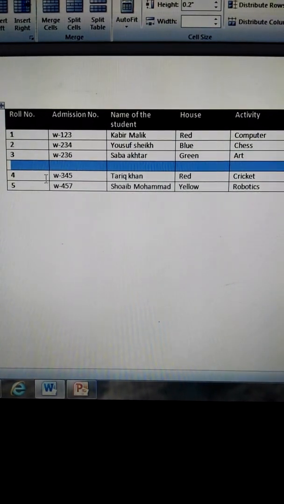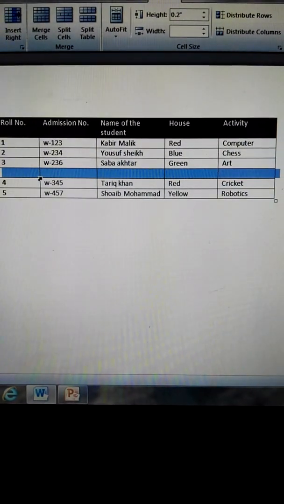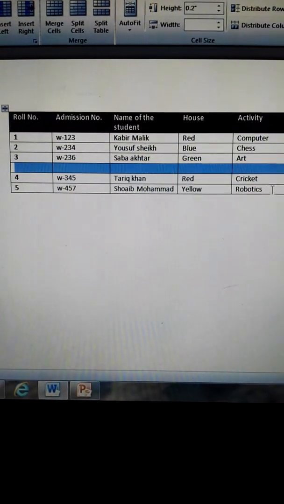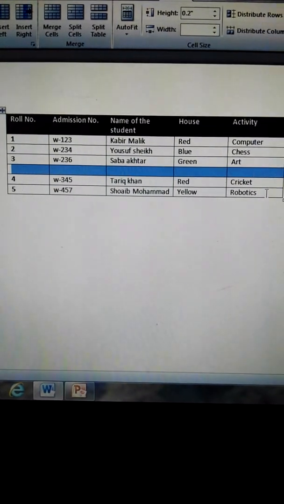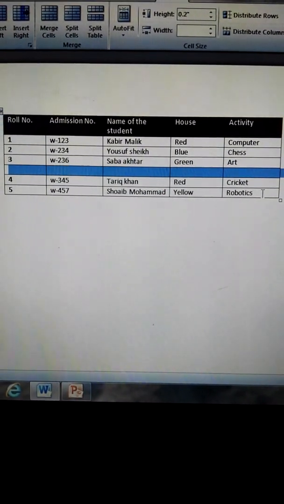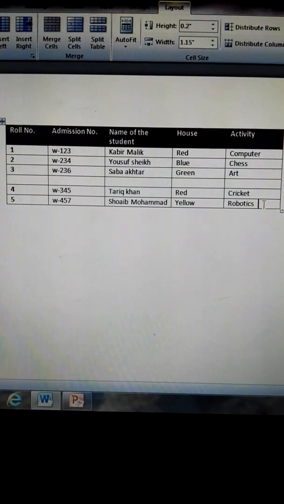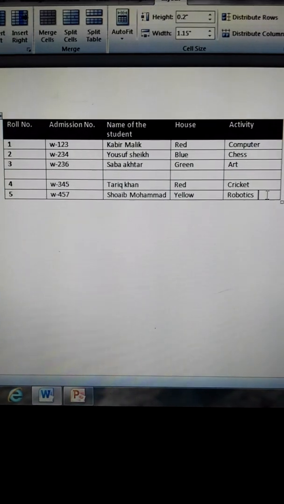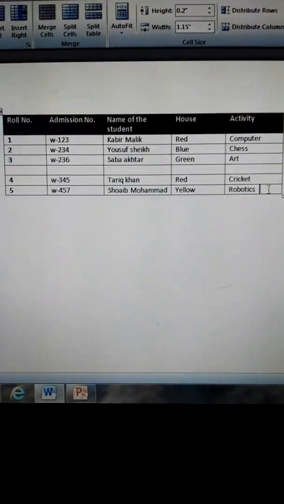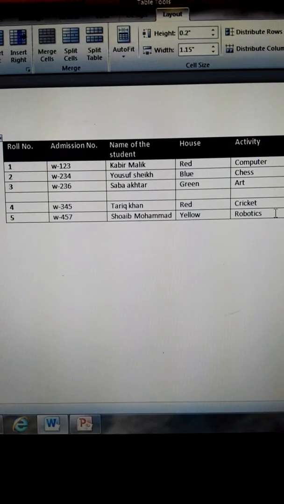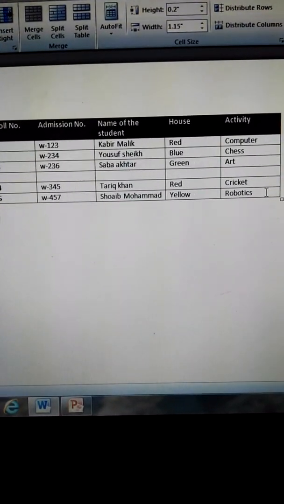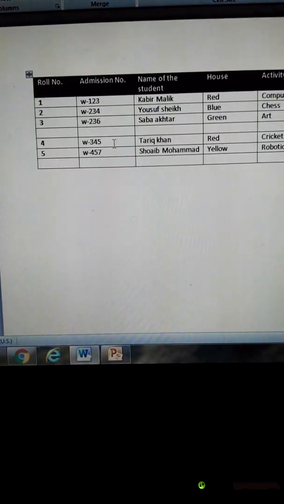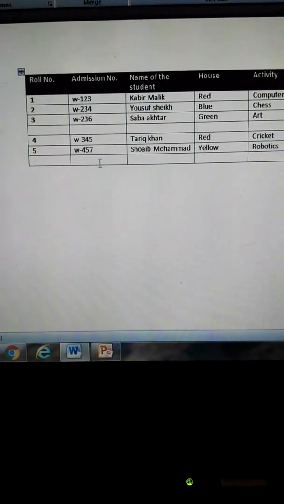So here is another shortcut method to insert a new row. If you want to quickly add a new row in your table, place the cursor in the last cell of your table and then press the Tab key on the keyboard, and in this way a new row will be inserted.